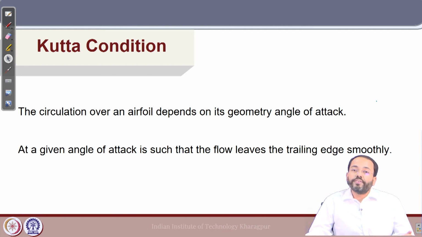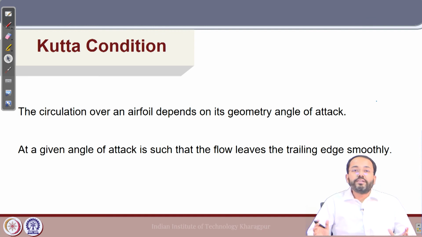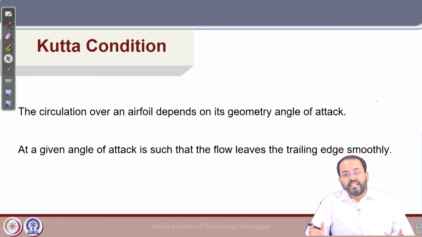At positive angles of attack, it generates lift, and that depends on the airfoil geometry. But for a cambered foil, there is a circulation around the foil because of its geometry, and even at 0 angle of attack it generates lift. So, the circulation generated over the airfoil depends on both its geometry as well as the angle of attack, and